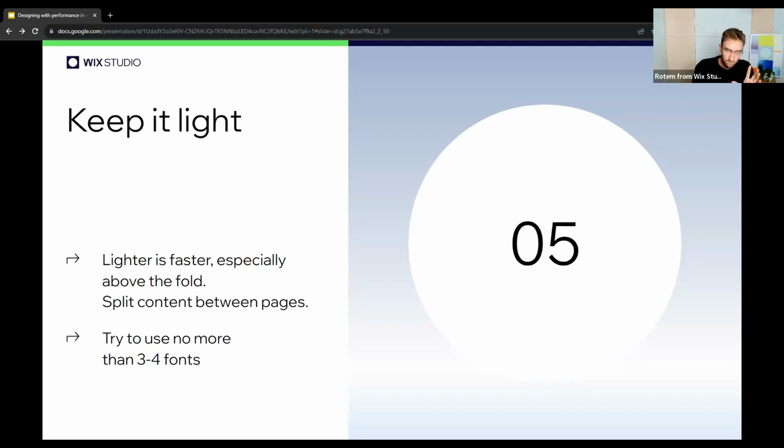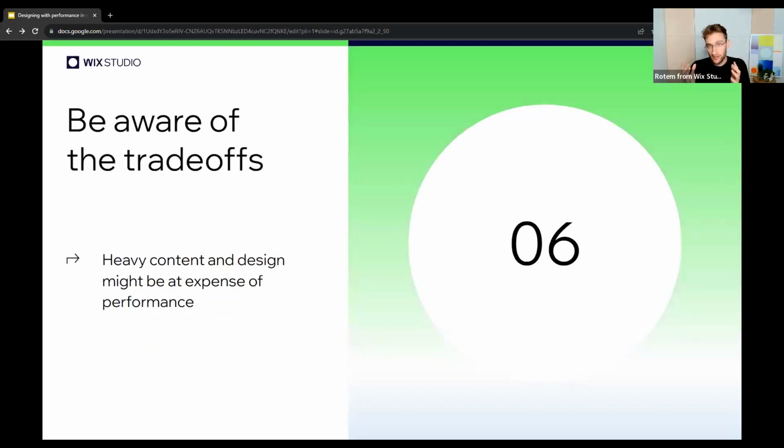And lastly, which also connects with our previous point, is to be aware of the trade-offs. And with that, I'll wrap it up. My goal here in this webinar is not to encourage you to create super minimal pages with barely any content on them, just so that some performance metrics will look good. No, my goal here is to provide you with the tools and information you need to be aware of,